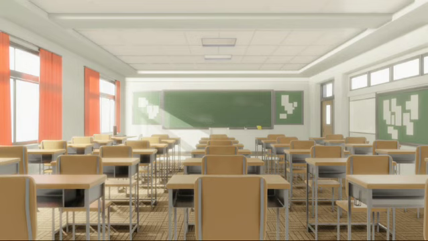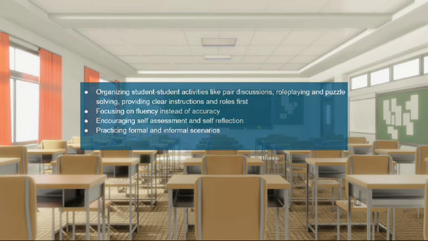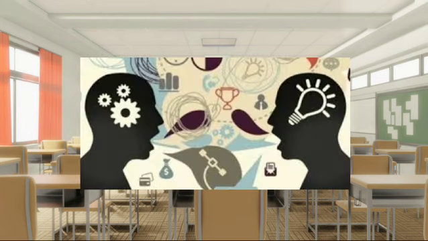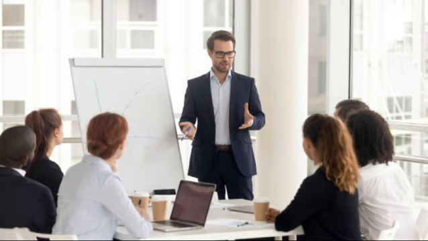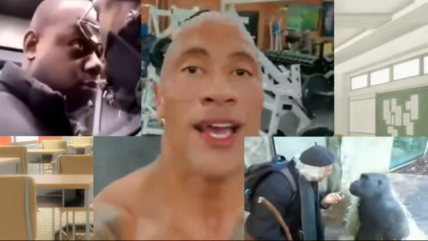Now, I will talk about some tips for implementing this teaching method in the classroom. The first one is organizing student-to-student activities like pair discussions, role-playing, and puzzle solving, providing clear instructions and roles first. The second one is focusing on fluency instead of accuracy. The third one is encouraging self-assessment and self-reflection too. And the last one is practicing formal and informal scenarios, so students learn how to use this vocabulary in different